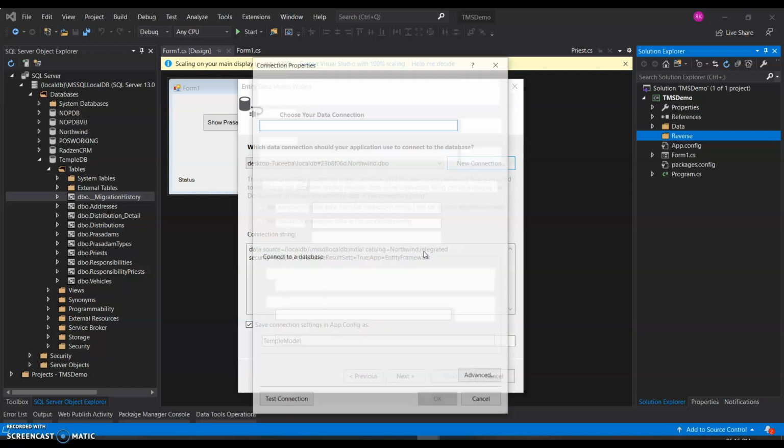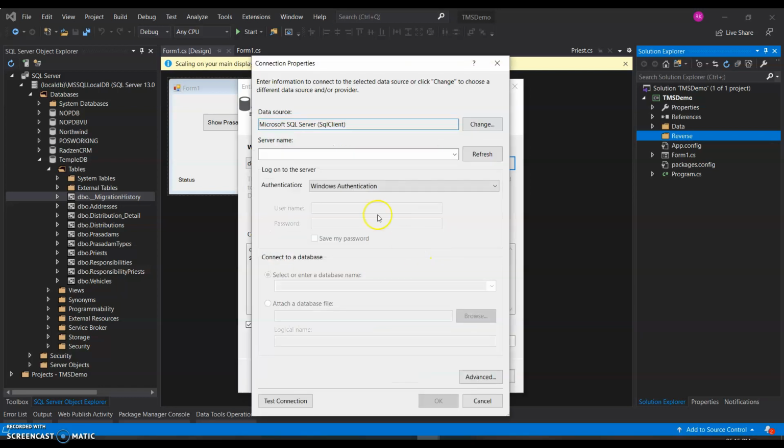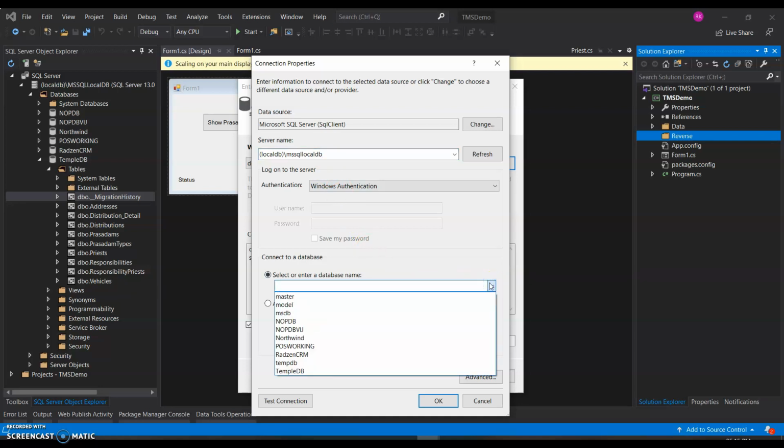We'll just wait for it to complete this. Yeah, and you will have to give something like local db / mssql local db. If your spelling is right and if you have the access for it, you should be able to see all the databases in the local db.